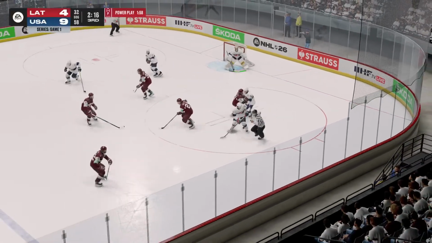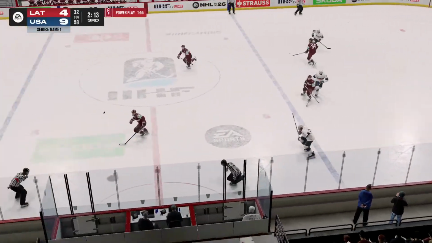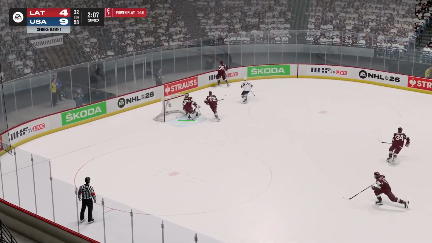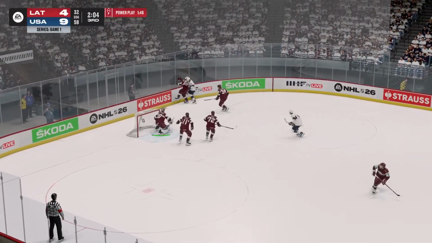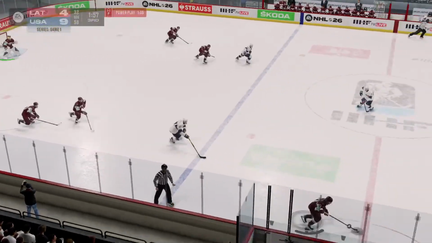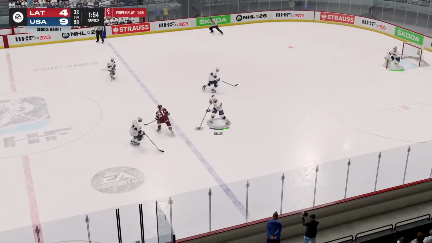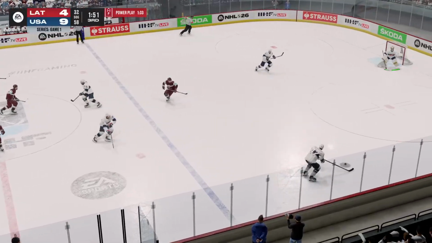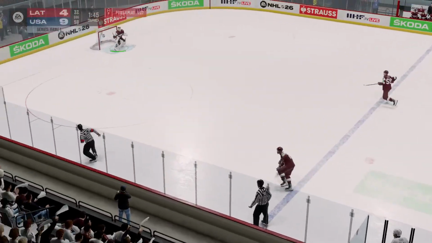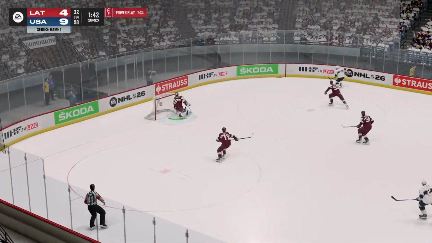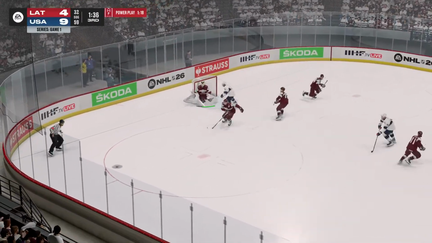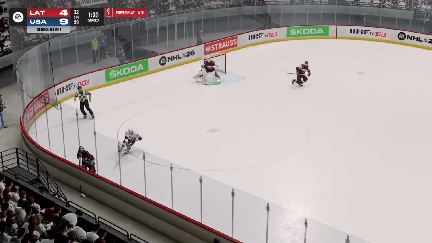Face off in the United States end, controlled by the Americans. Shea paid the price, but it's fed in deep. Rubens pinned along the boards back behind his own net. Team USA has had an excellent penalty kill group in this tournament. Shea takes it off his stick. And Josh Doan will feed it around. First guy to it is Shea. Short-handed attempt, denied. And it comes to the near side.